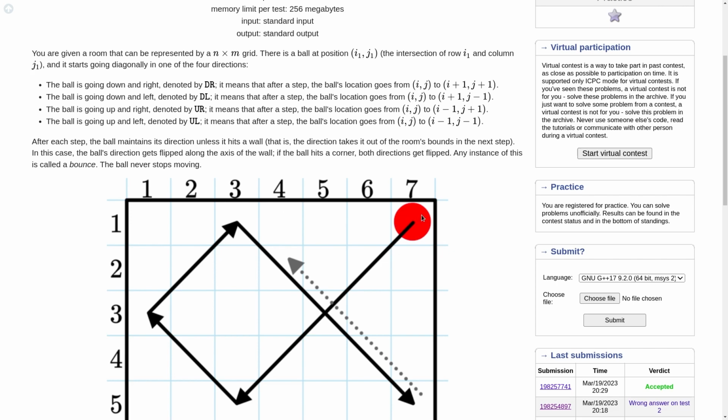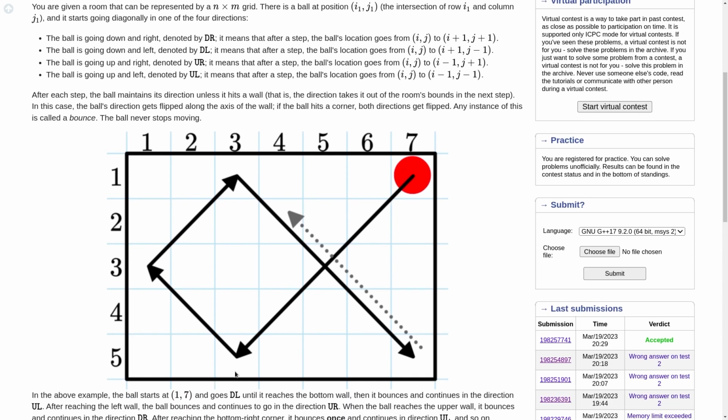Now we have been given the initial position and the initial direction. Whenever a ball reaches a position where the next step would take it outside, the ball will bounce back, right? For example, the ball bounces back from here. Now at this particular position again, the ball will go outside the board, so again from this position the ball will bounce back, and the ball can continue bouncing in this manner. Each of these bounces is counted